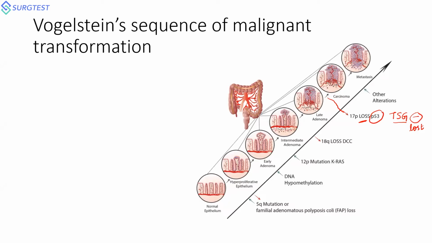P53 is responsible for two intricate mechanisms. Most important thing for your lifetime, you can remember that. One, it will be responsible for cell death, apoptosis. Number two is your cell cycle repair. If your P53 is lost, imagine you don't have P53 inside your body, there will be no repair of any mutation that occurs day to day in your life. Number two, there will be no cell death. So imagine anything and everything that has been produced will survive for years together. So loss of P53 will result in a late adenoma getting transformed into a carcinoma.